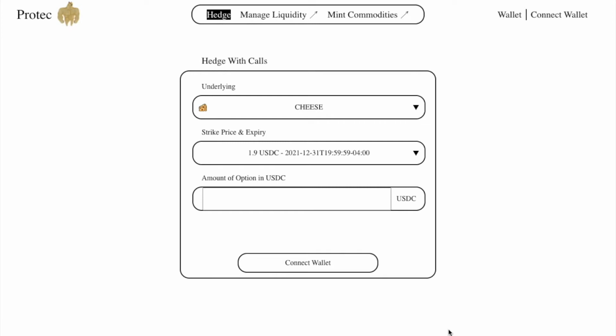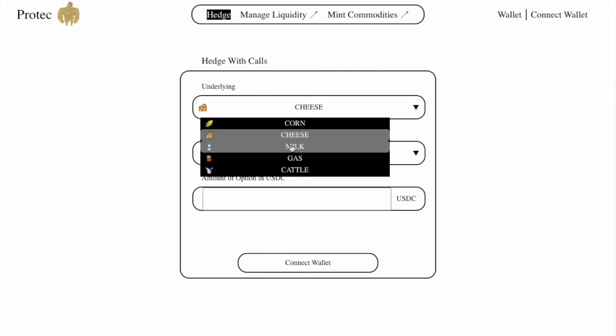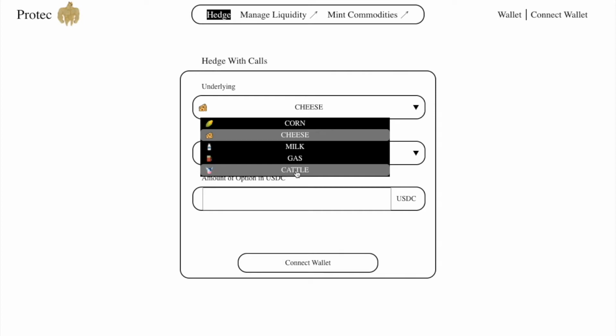Protect is a call options platform built on Pods Finance, with underlying assets being synthetic commodities from Komodo, which is a synthetic asset platform built on Redstone Oracle, a new oracle that has pricing data for all sorts of commodities. As you can see here, we have cheese, corn, milk, gas, cattle. Redstone Oracle is able to provide pricing data for all of these, and that enables the creation of many new types of synthetic assets that we can use as underlying